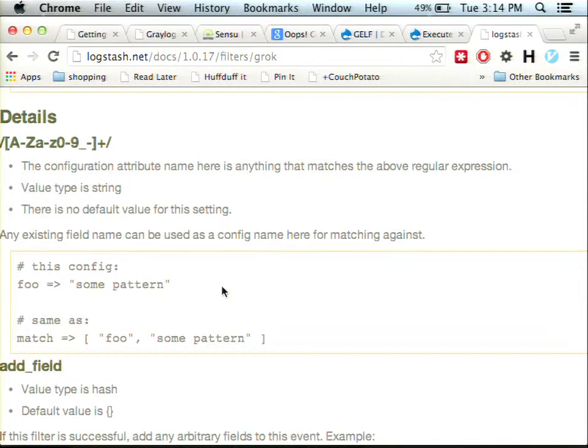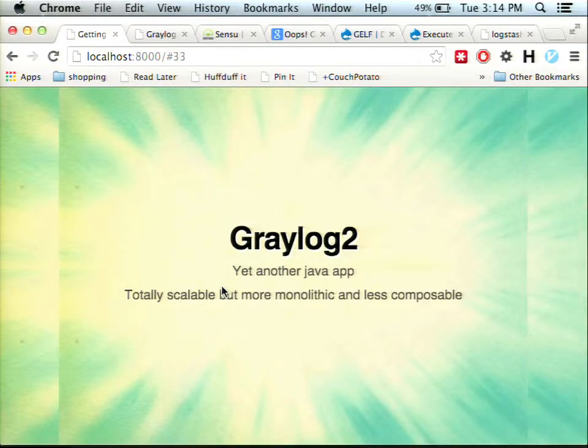So yeah, that's it. I started with just logs, and